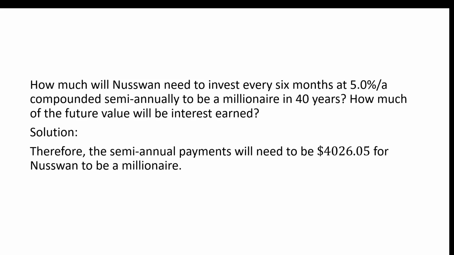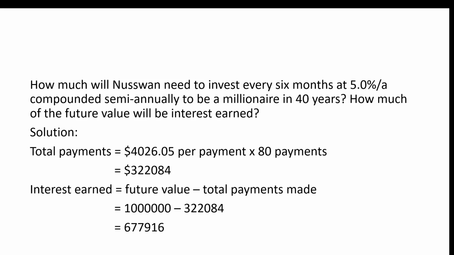$4,026.05 for New Swan to be a millionaire. So if New Swan can come up with $4,000 twice a year for the next 40 years, he'll be a millionaire. That's good to know. Now let's figure out what the interest earned will be. Well, the total payments he will have made will be